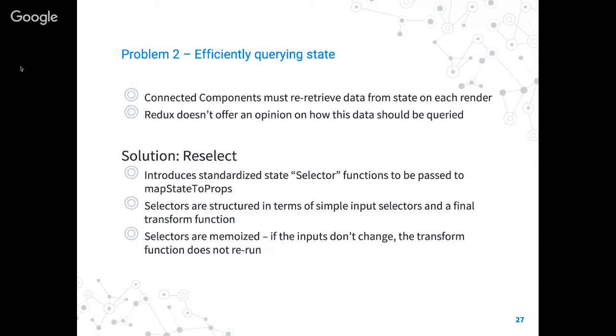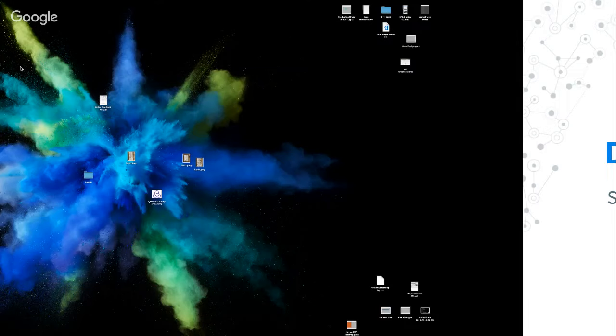Now, I do want to say a big caveat with selectors is you need to be careful that your input selector values actually capture those changes, which doesn't always happen with nested objects. Sorry, that was an aside. Battle scars. But I'll show you guys a quick demo of how a selector works.